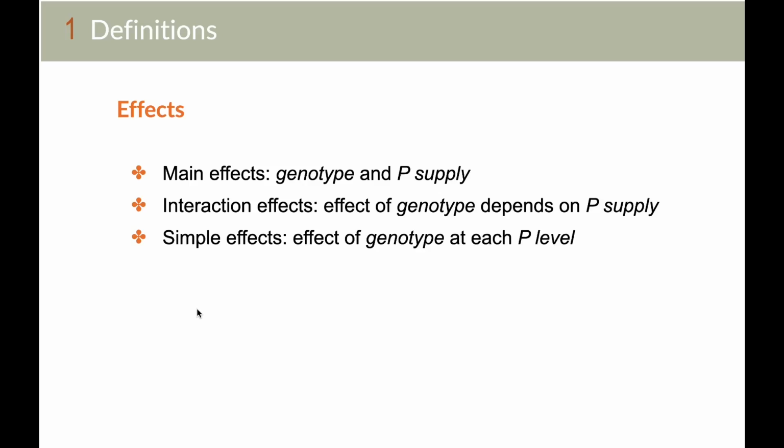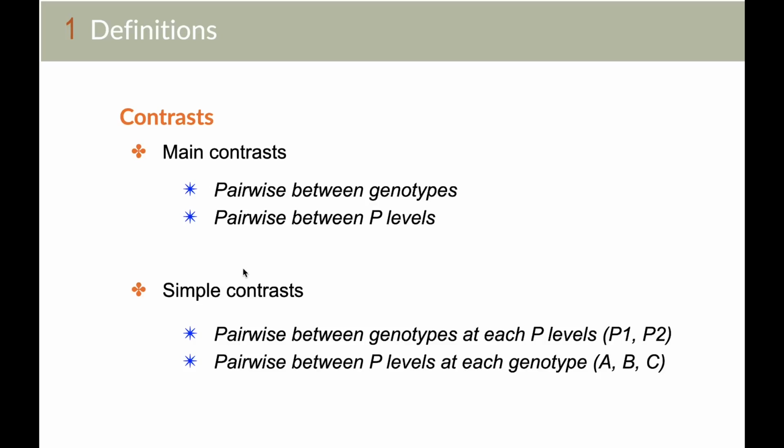For this experiment, the main effects are genotype and P supply. And the interaction effect is that the effect of genotype depends on the P supply. And the simple effect is the effect of genotype at each phosphorus level. For main contrast analysis, that is a pairwise comparison between the genotypes and a pairwise comparison between the phosphorus levels. For simple contrast, that is a pairwise comparison between the genotypes at each phosphorus level, and the pairwise comparison between the phosphorus